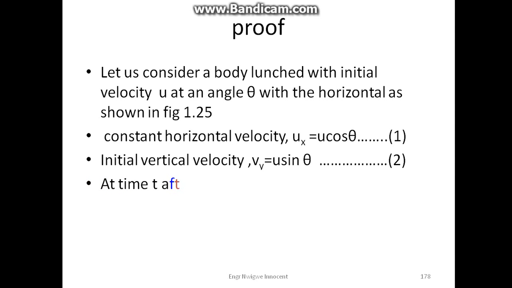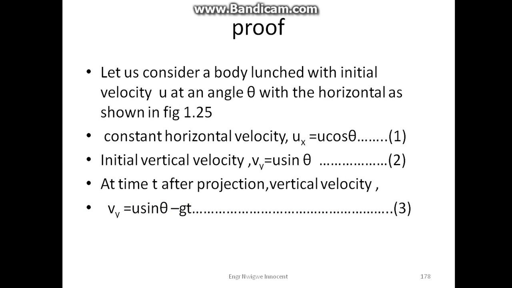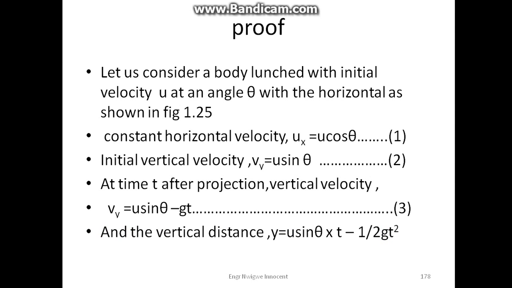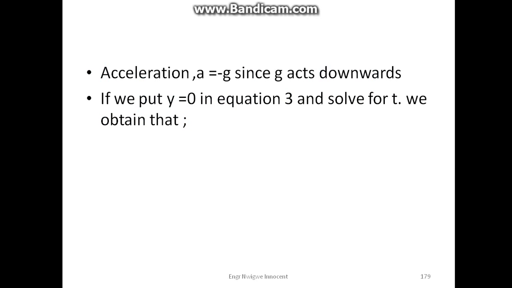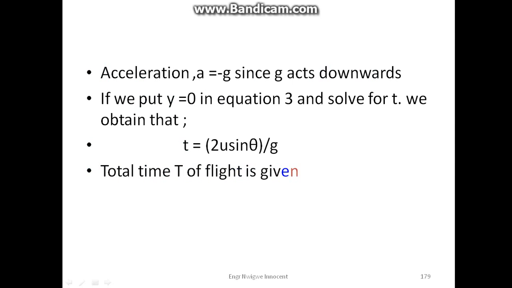At the time t after projection, vertical velocity vy is equal to u sine theta minus gt. This is our equation 3. And the vertical distance y is equal to u sine theta times t minus half gt squared. Acceleration a is equal to minus g, since g acts downwards. If we put y equals to 0 in equation 3 and solve